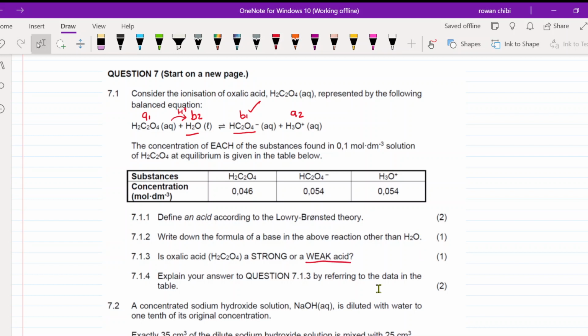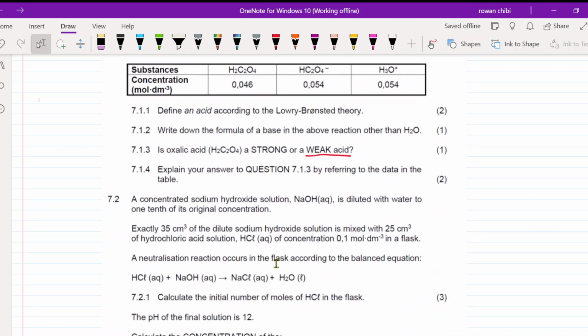Now 7.1.4, explain your answer to question 7.1.3 by referring to the data in the table. Okay, so we said it's a weak acid because we know a weak acid does not ionize completely in water. So that's the reason it's a weak acid, because it did not ionize completely. Okay, now let's look at this